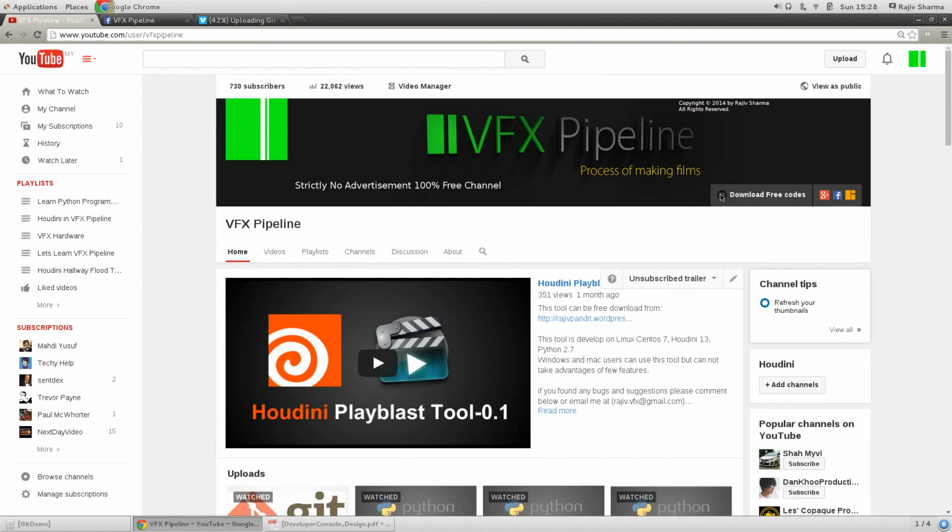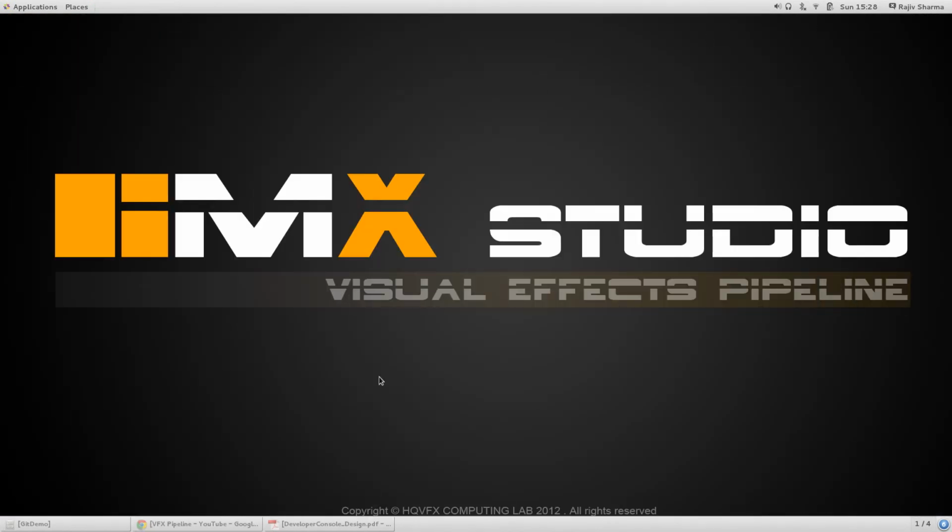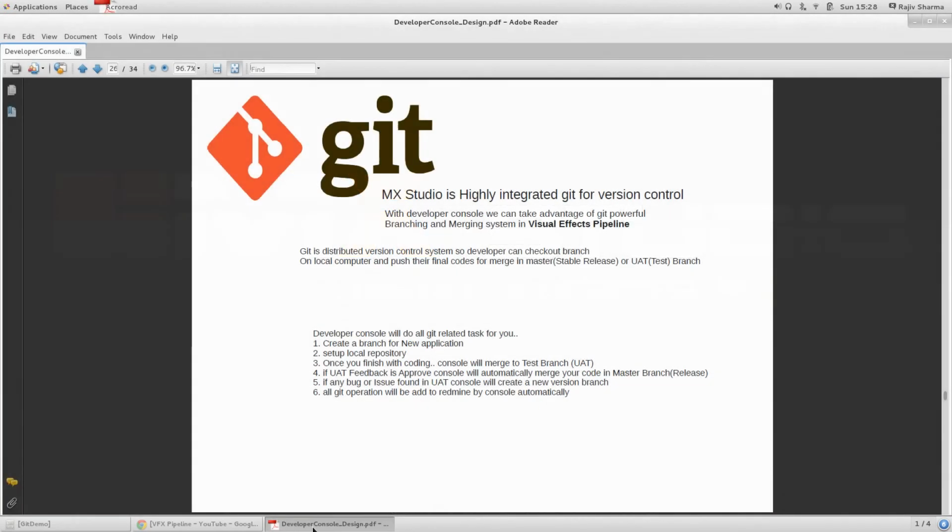Okay, so now let's just go to our topic about Git. This time I would like to show you a practical example of Git. A few months back I created an application called MX Studio Developer Console, and there I used Git as the version control system. In MX Studio I used this for